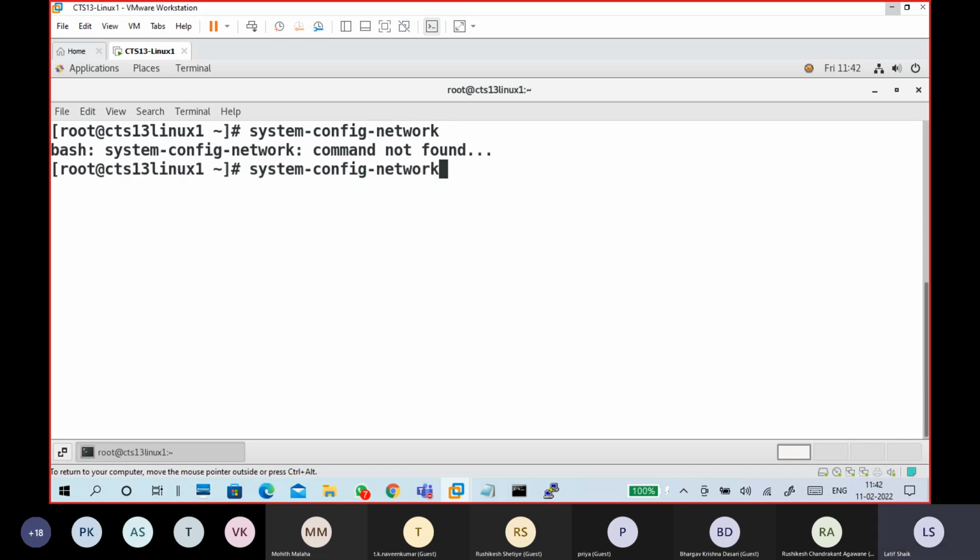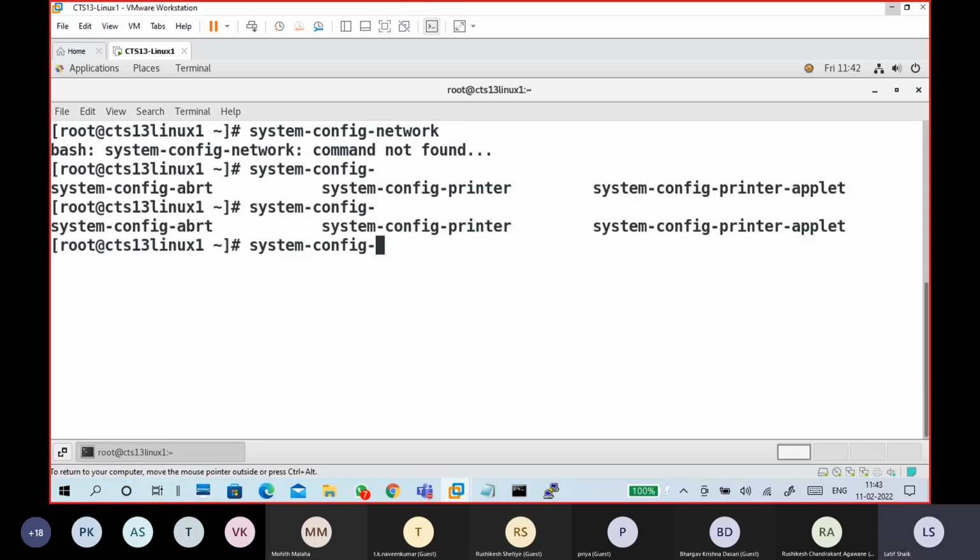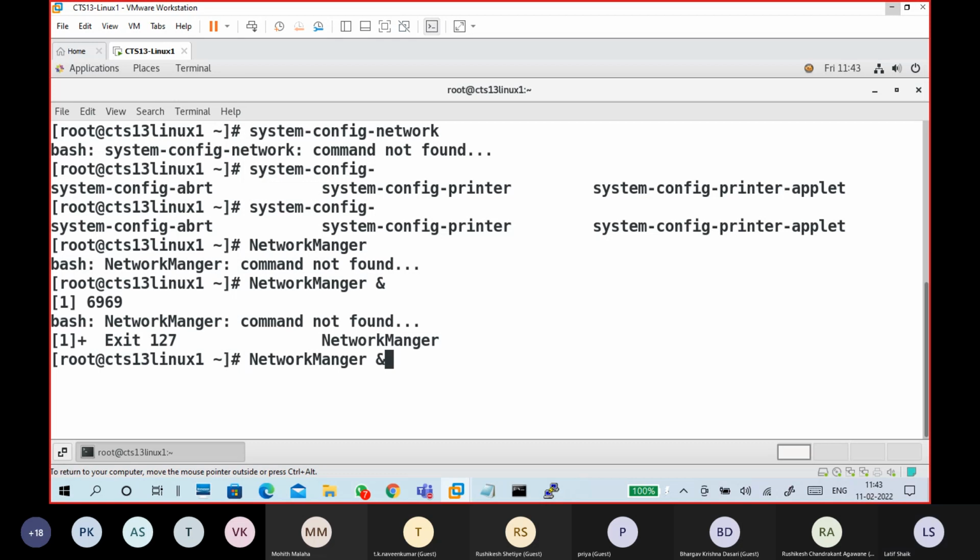Not found. Okay, no problem. The command is correct, but it is not installed on this particular PC. That's why it is not there. Okay, no problem.